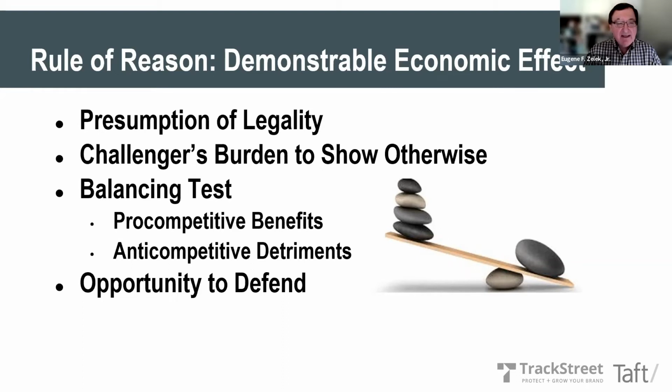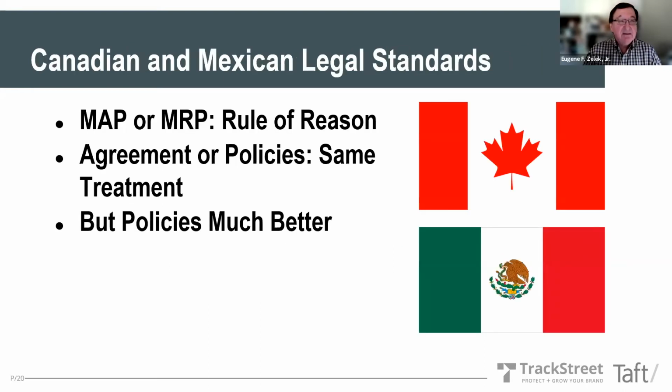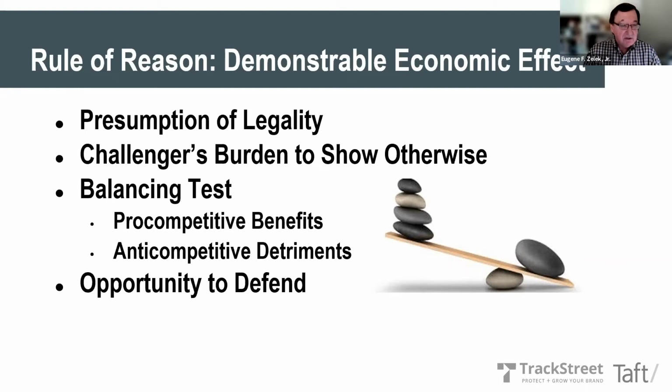The bottom line is that rule of reason cases are expensive and time-consuming to win, and there are many fewer of them. Plaintiffs' lawyers and the government like the per se test because they're much easier to apply and much easier to win. A per se, by the way, is primarily reserved for things like horizontal price fixing conspiracies. That is where competitors get in the stereotypical smoke-filled room and set prices. Next.